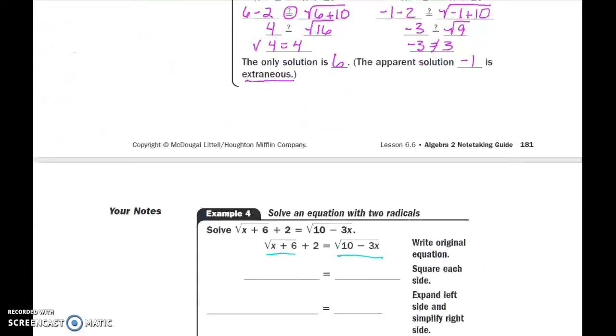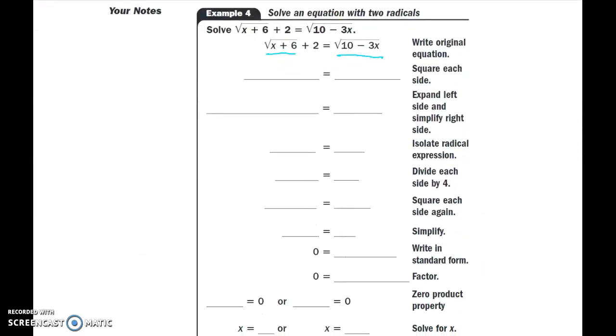Okay, so now we still have another case. It's going to get even more complicated because now we have a case where we have a radical on both sides, which really, if it's just a radical on both sides, that's not a big deal. You just square both sides. But look at this. It's a radical plus a constant on the left and a radical on the right. If we just square those radicals, yeah, it sounds easy, but we've got to deal with this 2. And if we subtract 2 from this side, it won't do us any good because we just have it on the other side. So what we have to do, get this, is we have to square the square root of